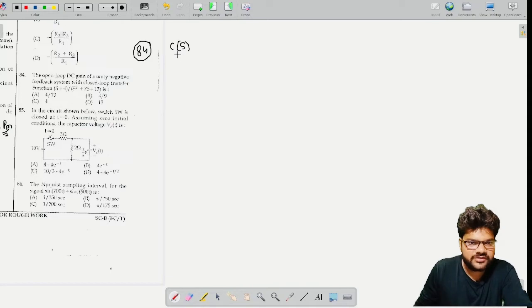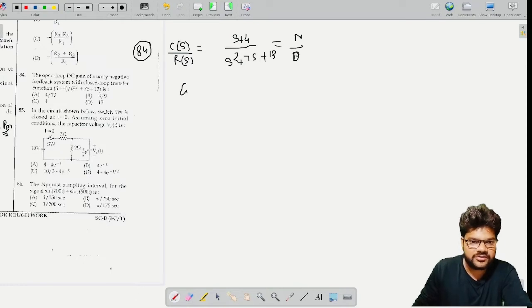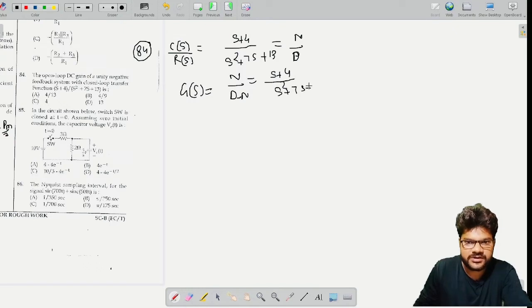So open loop DC gain we have to find out. The closed loop transfer function C(s)/R(s) we are given is (s+4)/(s²+7s+13). If we say this is numerator by denominator, then directly, as a shortcut, we find the OLTF. G(s) is numerator by denominator minus numerator, right? So this is going to be (s+4)/(s²+7s+13 - s - 4),